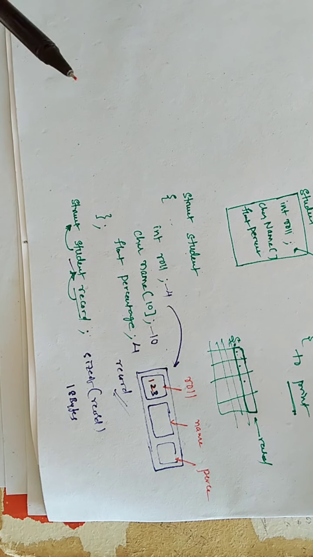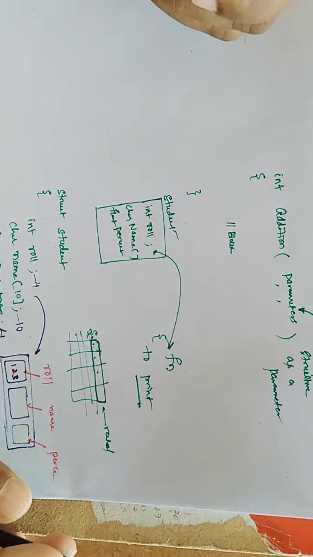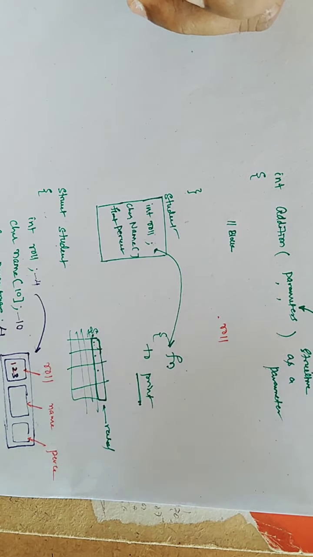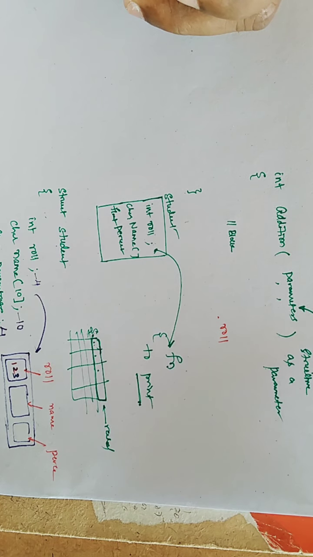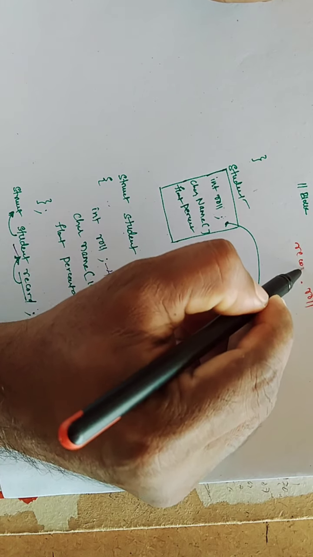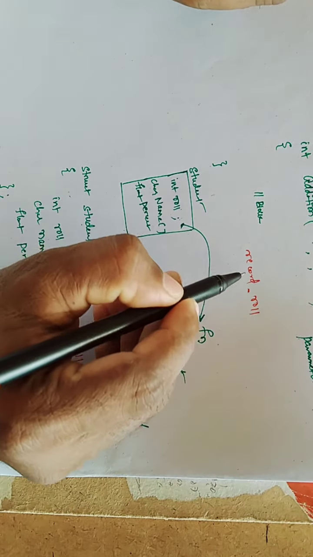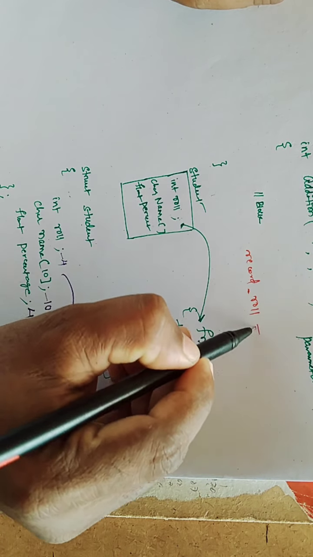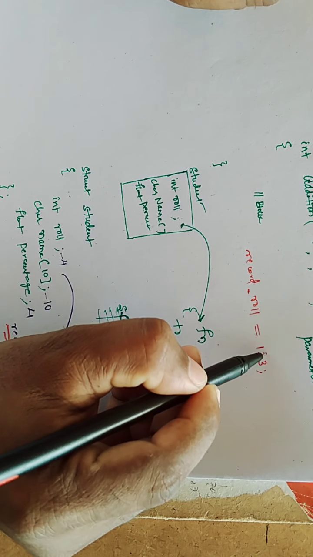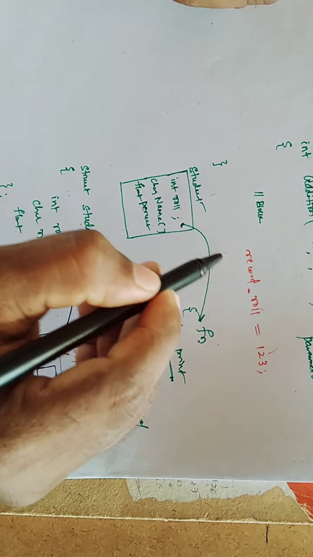Therefore, how to access that? In the previous class we already discussed how to access the members, right? So in that I am taking the location as roll. Whose roll is it? Record variable, right? Record roll. So the dot operator is used to access the members. Roll is the member, the variable is record. Record dot roll is equal to 1, 2, 3. If this is the assignment, then 1, 2, 3 will be stored in the roll location of the record variable.